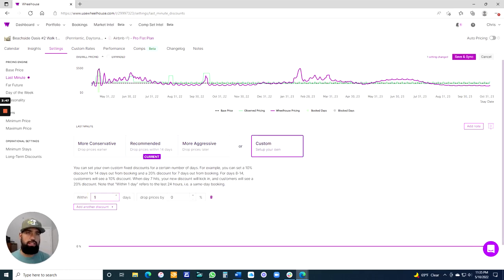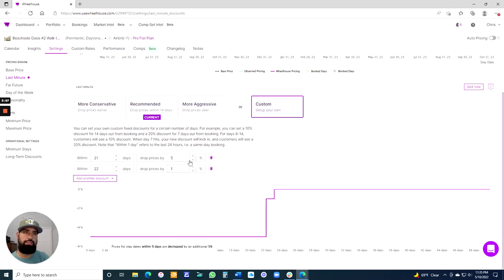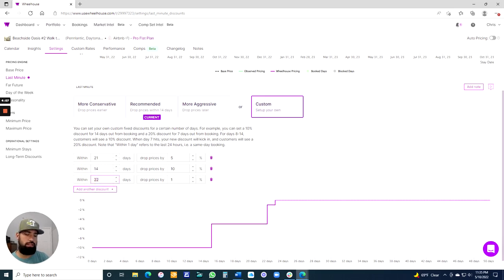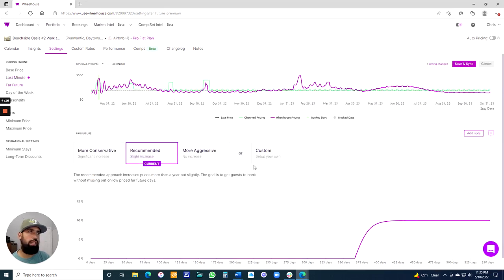Within, let's say 21 days, drop it by, let's say 5%. Then I can add another discount. So that means if it's 21 days out, the price is going to drop 5%. If it's 14 days out, I'm going to move it to 10. And if it is 7, we will drop it to about 15. And I'll just continue to tinker with these. But a lot of this stuff you have in your head, so it's just putting it into the software so that you can see